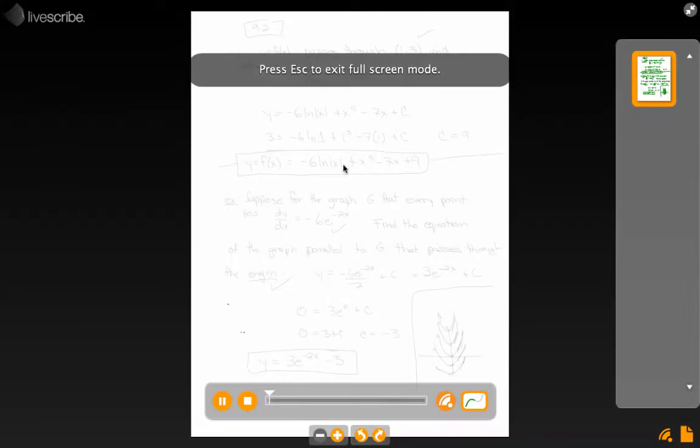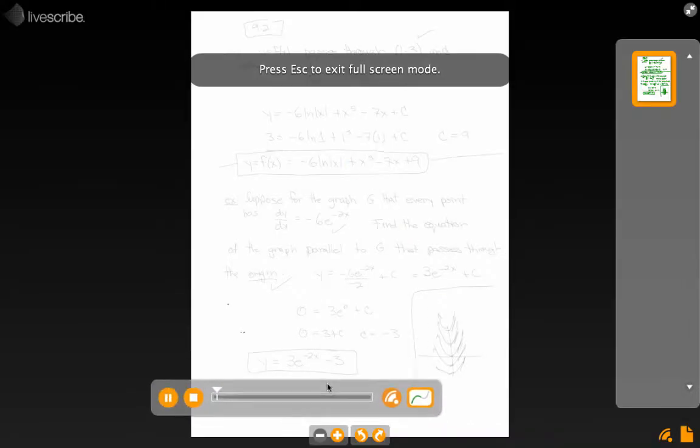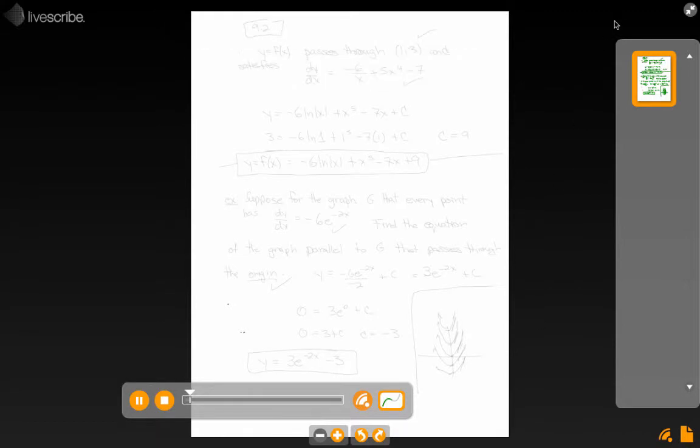This comes out of section 9.2, differential equations with initial conditions, just to start off by finishing off the example that got cut off in the last one. So we got most of the way through this one and somehow it got cut off at the end, but the antiderivative of this is negative 6 ln of x plus x to the 5 minus 7x plus c. If it passes through (1, 3), then we've got